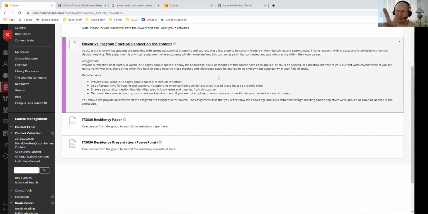There's two things that will get you a 0 on this paper, and it's 100 points, so you can't make an A in a class to 1,000 points. You can't make an A if you're missing 100 points right off the bat. Two things will get you 0, and that is turning in a practical connection assignment for another course. Okay, because we do these practical connection assignments every semester. Sorry, you've got to write a new one,